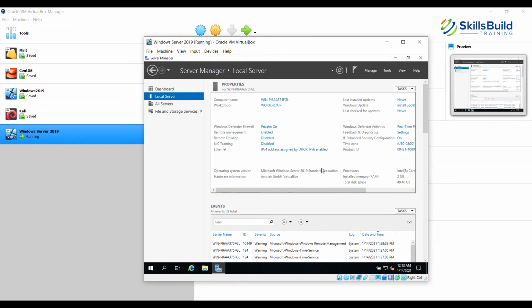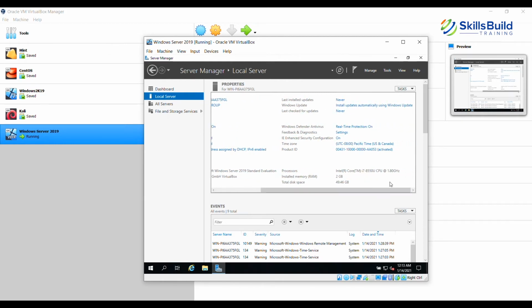But since we only have one Ethernet, or one network adapter, in any case we cannot enable it. Then it tells you the operating system version, which is 2019 Standard Edition, the evaluation copy. And the hardware shows that we are using VirtualBox.